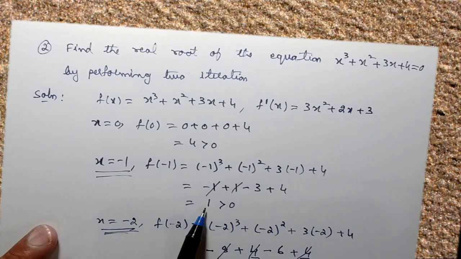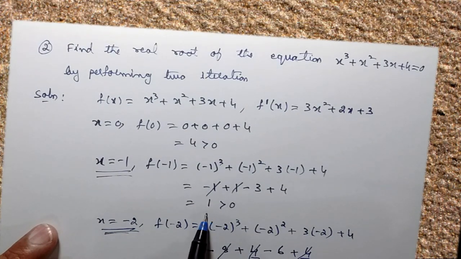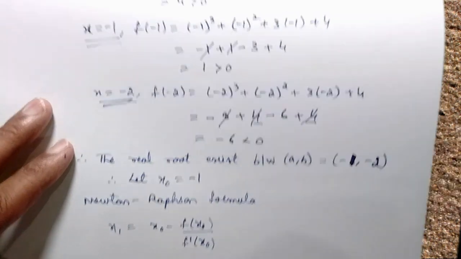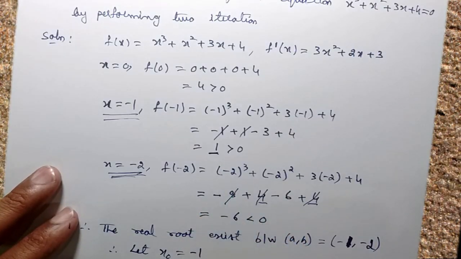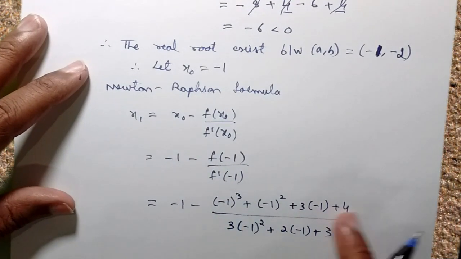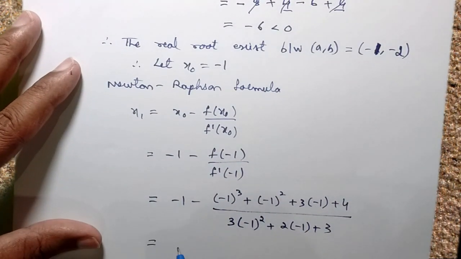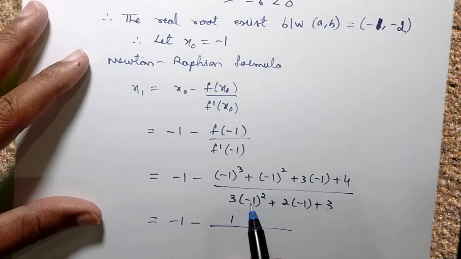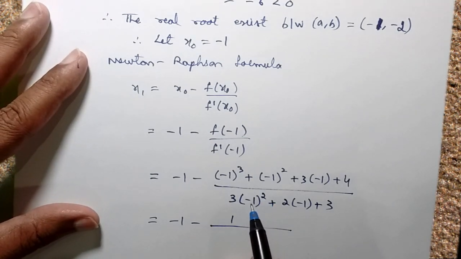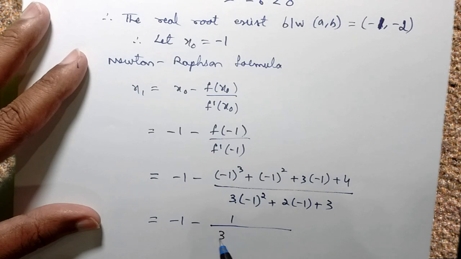f of minus 1 you have already calculated as 1. So that value is already known, it is 1. So you need not simplify once again. The numerator value is 1 there. So which is minus 1 minus that 1 there. And this minus 1 whole square will be positive. So 3 it becomes. So 3 plus into minus is minus 2, plus 3.